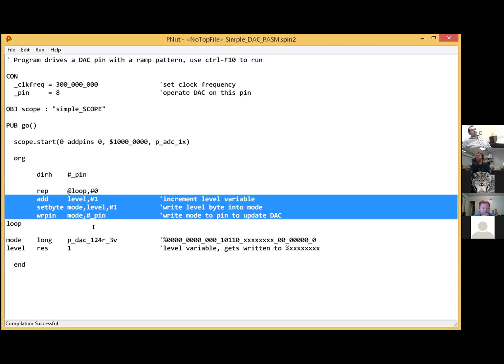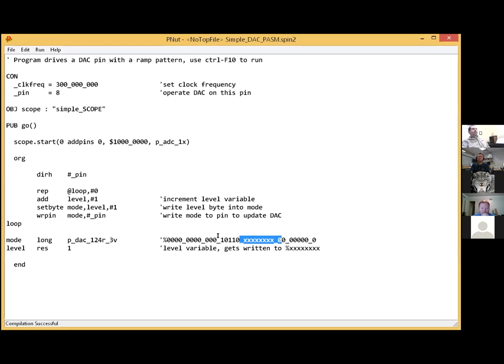So in 6 clocks, in first 2 clocks, it increments level, and then it moves that byte into this bit field right here, right? Of this big mode value. See, this is that thing we were looking at before, that symbol. Here's what it equals. So it's this bit field right in the middle that we care about. So we're going to increment I and then cast the lower 8 bits right into this, which was put on a byte boundary by design so that you can do this kind of thing. So we write 8 bits into it, and then we